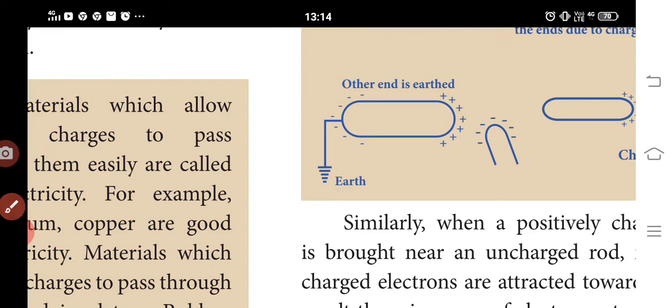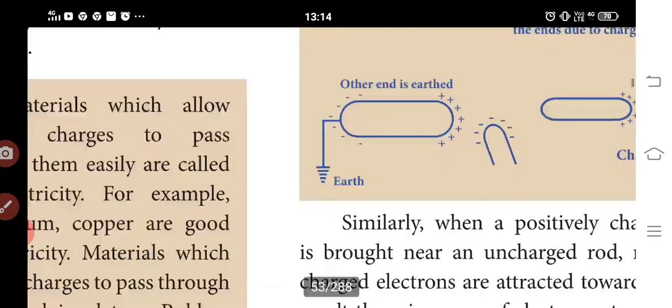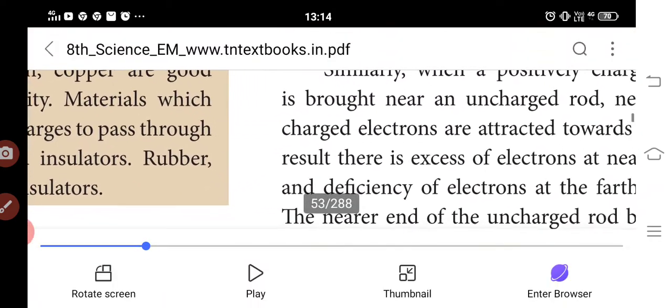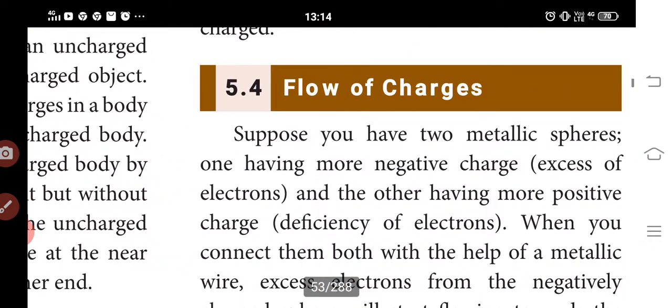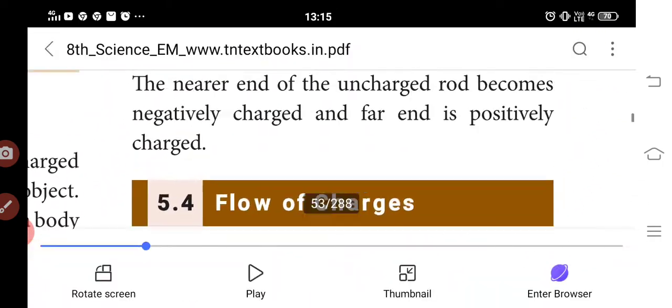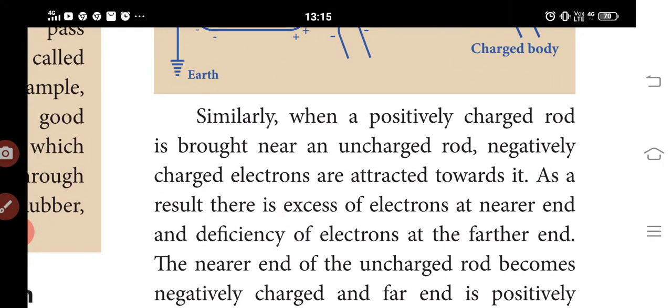Some of these instruments, the home appliances, use an earth wire. Because of this, one side can be positively charged and the earth is negatively charged, so there is a flow of charges. It can be used for charging a cell phone. That is transfer by induction. It's the best example. Nowadays you use cell phone chargers, and the cell phone is charged through the pin-like connectors.